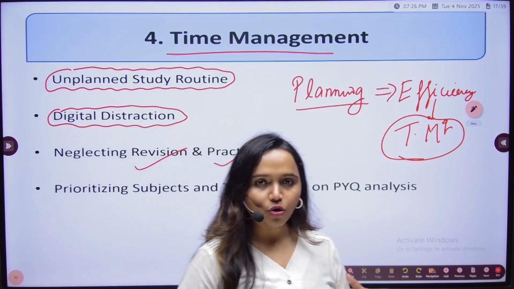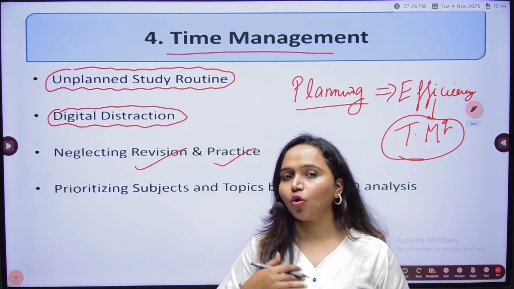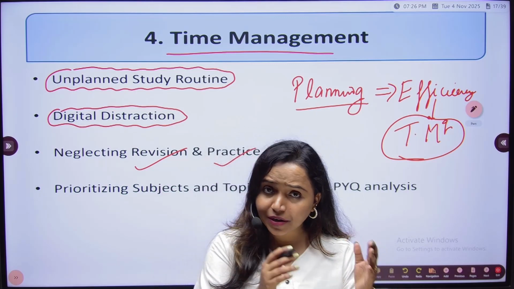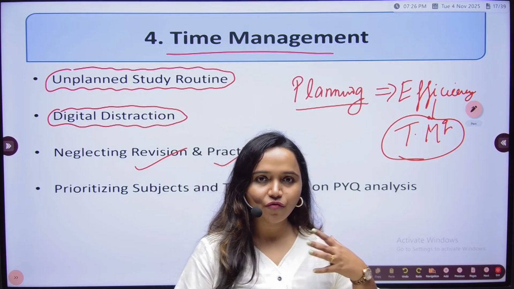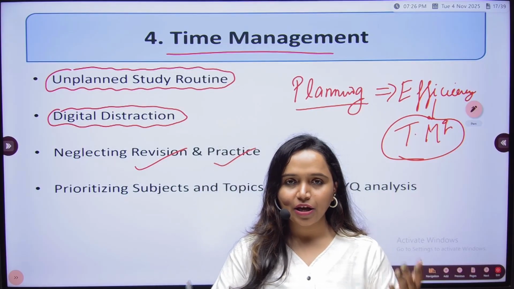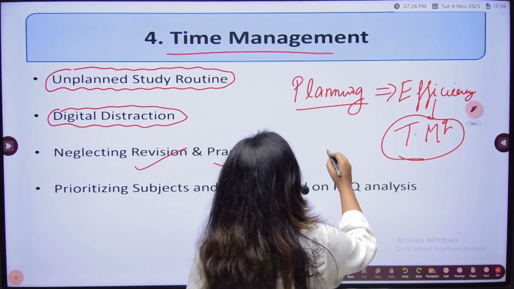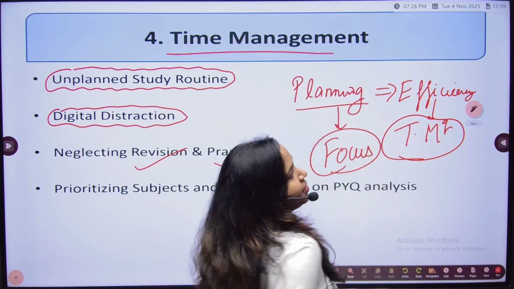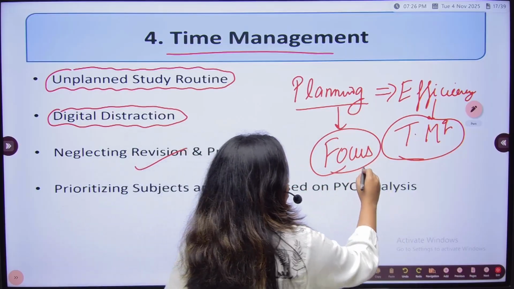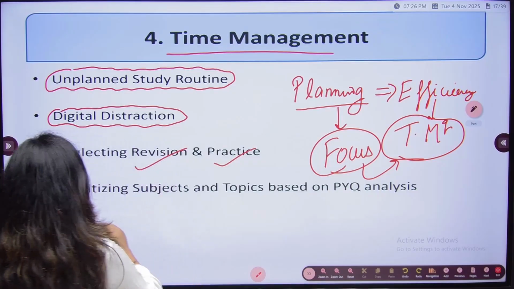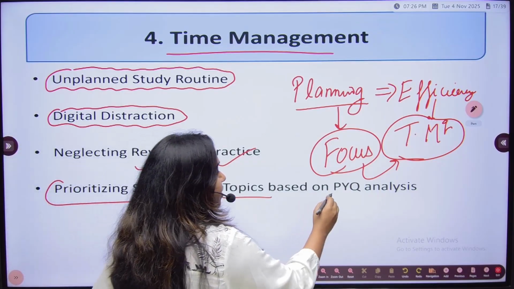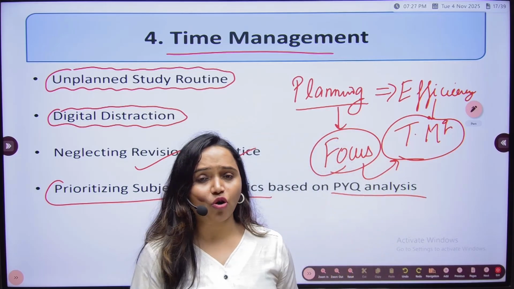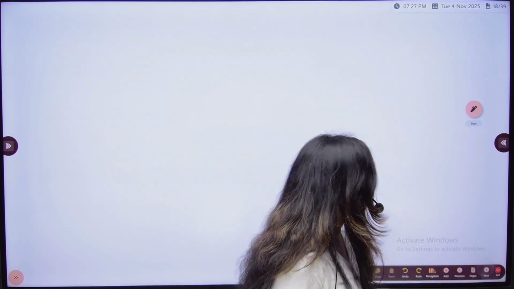Because when you have a lot of things to revise, you will end up revising almost nothing. But when you have one particular handout of notes to revise, you will revise it efficiently. So instead of looking here and there, you have to have a very sharp focus, and that can only come with a good plan, which will lead you to manage your time very efficiently. So, prioritizing subjects and topics based on PYQ analysis. Okay, we have seen how you can prioritize any topic and subject based on the trends of PYQ.